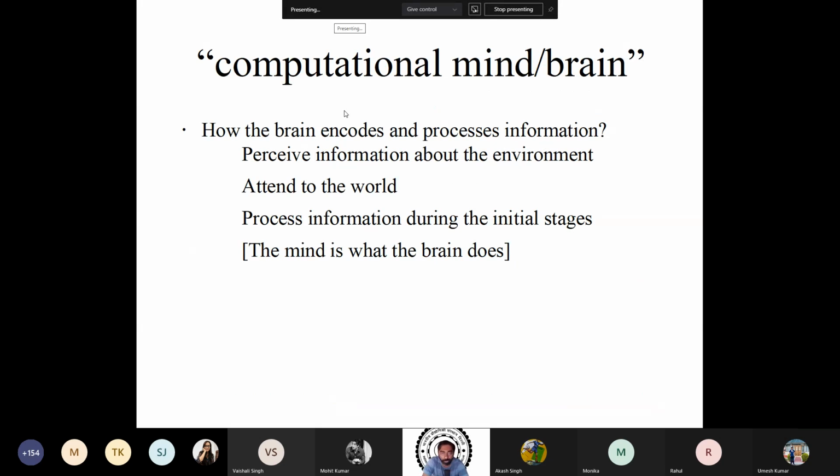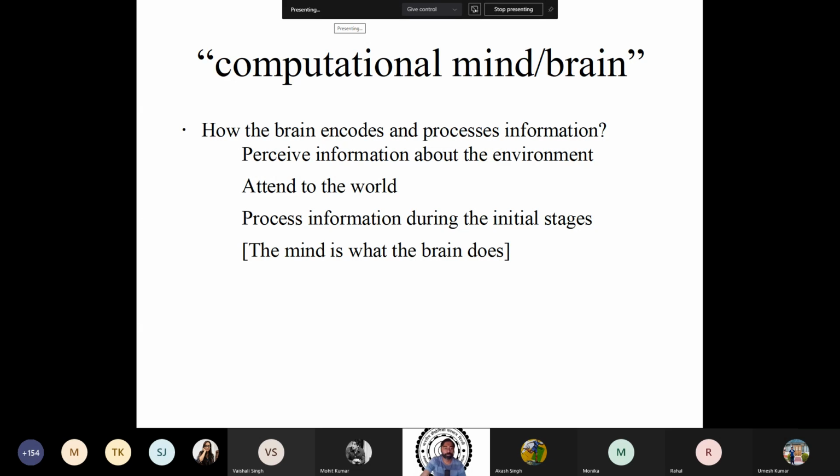Before I proceed, one important facet that has become very important in understanding perception or sensation is to think that our mind or brain, whatever you want to use, I don't like both, I just pick one, is computational in nature. This means that certain kinds of information are being processed by the mind or the brain that enables us to achieve some kind of thing. So our job is to find out what are those computational algorithms, those computational information procedures that help us perceive the world.